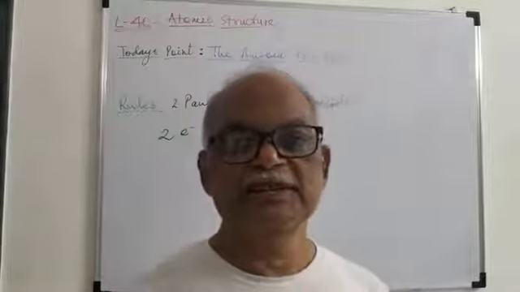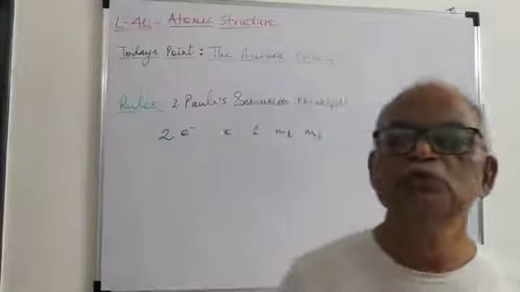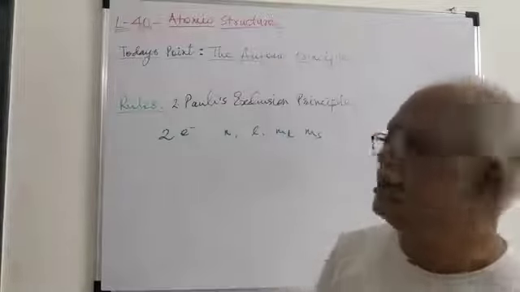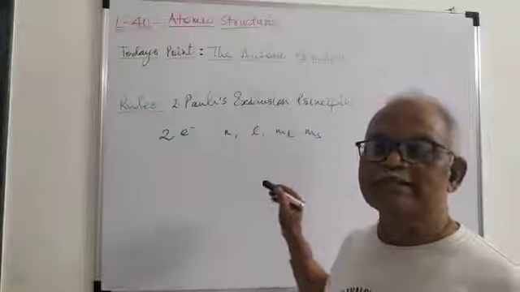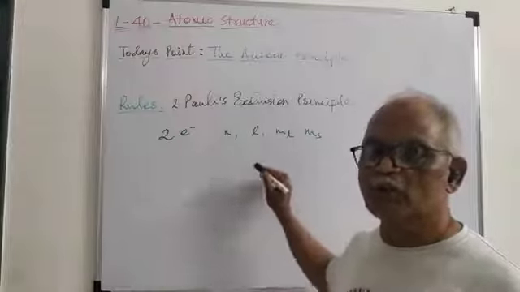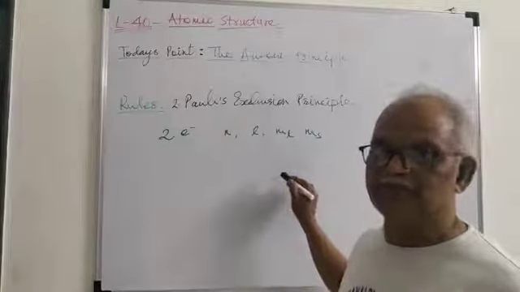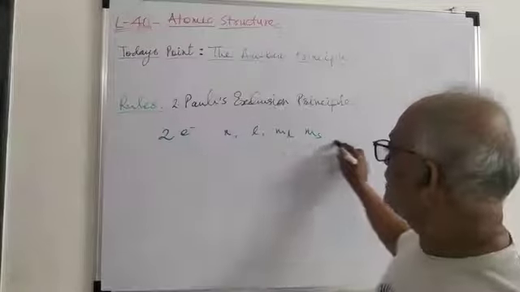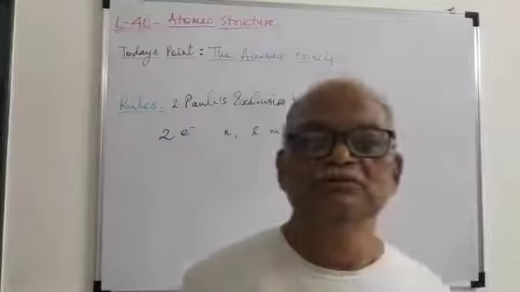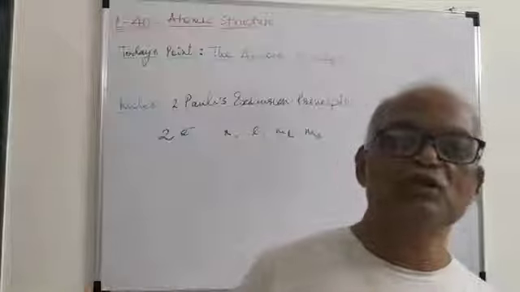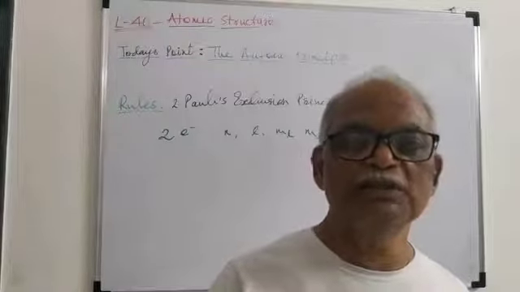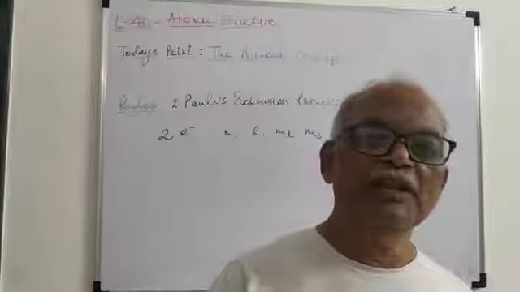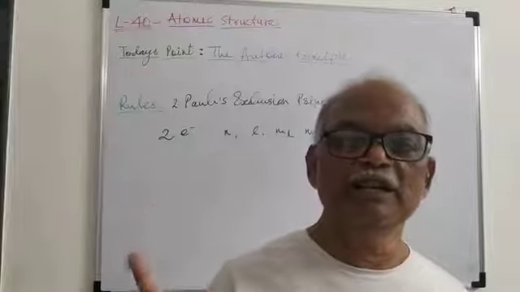We can state it this way: no two electrons in a given atom should have the same set of all four quantum numbers. Every electron should have at least one quantum number value different from any other electron present